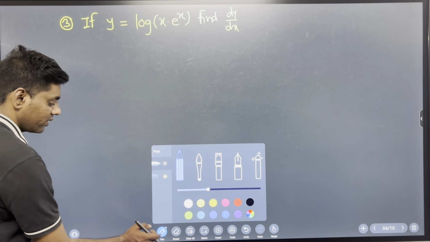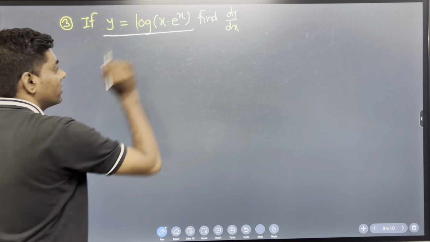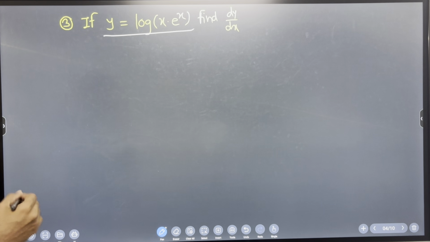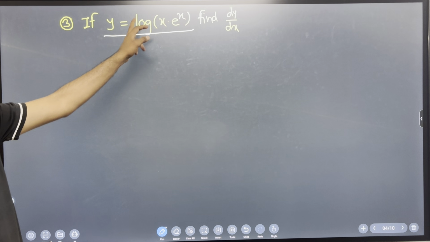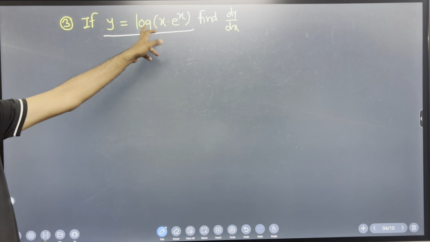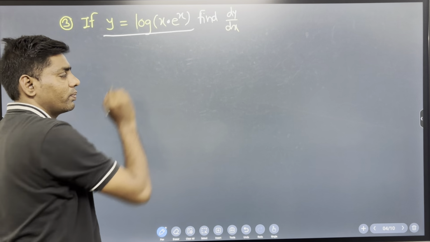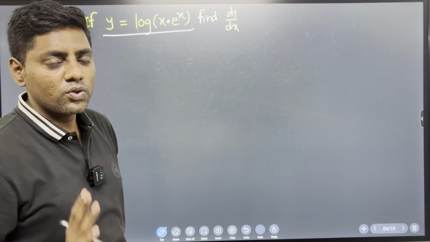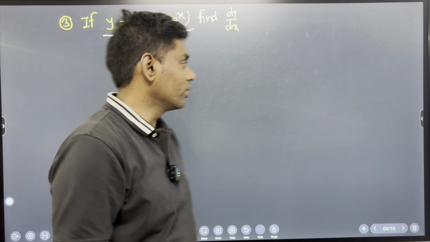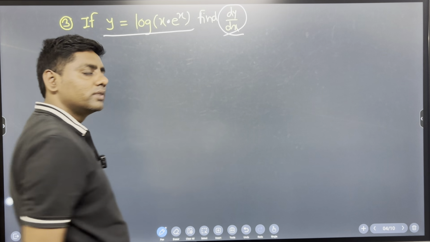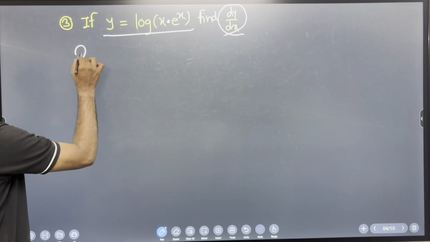The next example, again very simple. y is given as a function of log of x into e raised to x. So very simple, x into e raised to x, both are functions of x and both are in product. So definitely we have to use the product rule, and then we solve dy by dx. So differentiating y